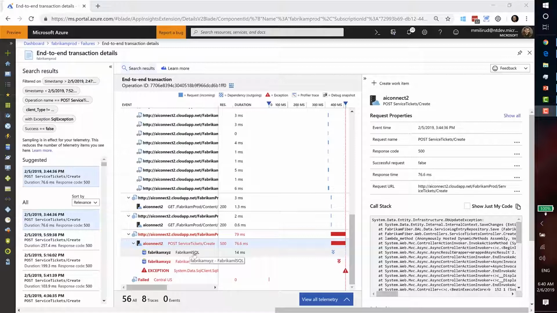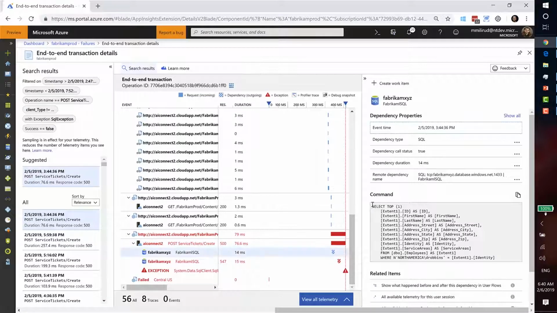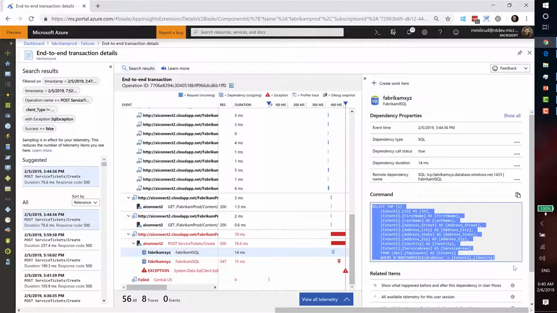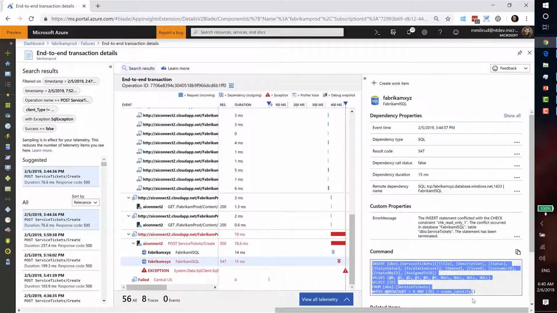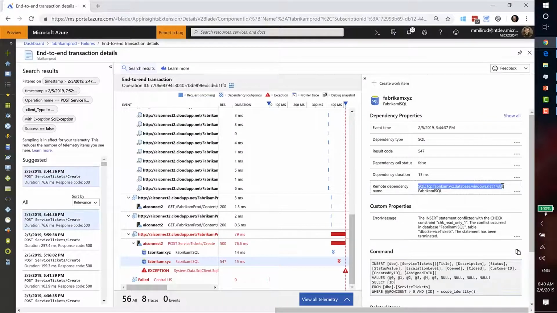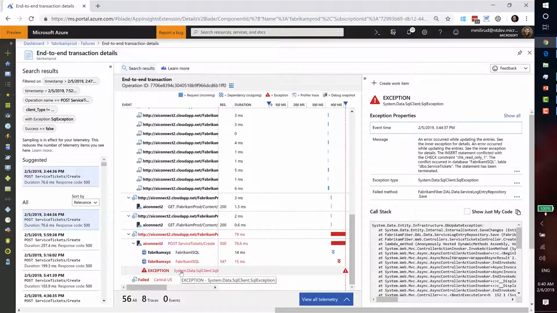It tried to do a single SQL request, which did succeed, only took 14 milliseconds. And we can see what the request was because we collect the actual SQL command. And then the second one, that was an insert, did fail. And for each one of these, you will see exactly which SQL dependency is being called and what is the name of that dependency. And when it failed, it threw this exception, System.Data.SqlClient, and here's the call